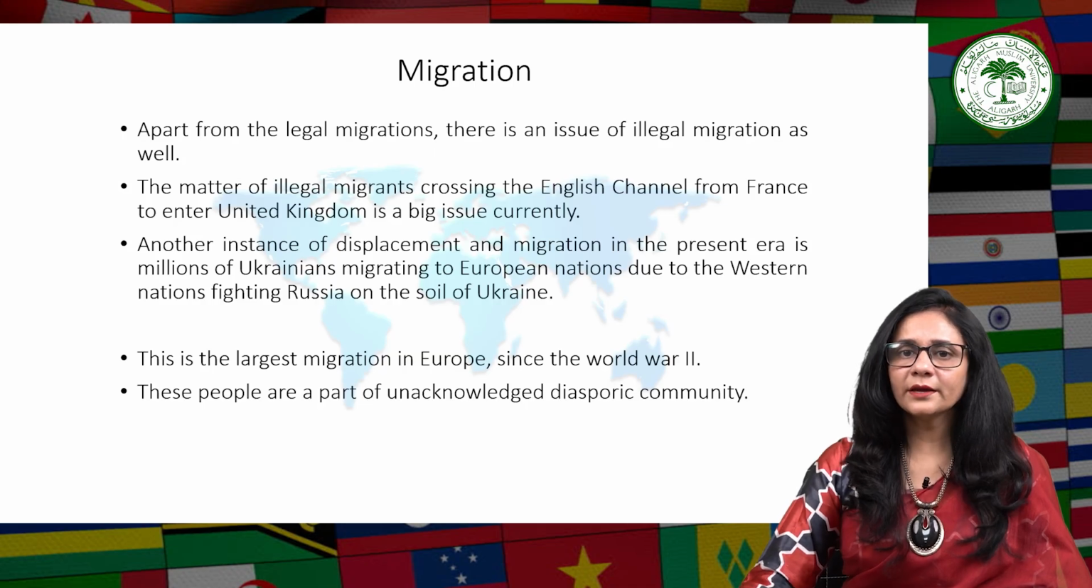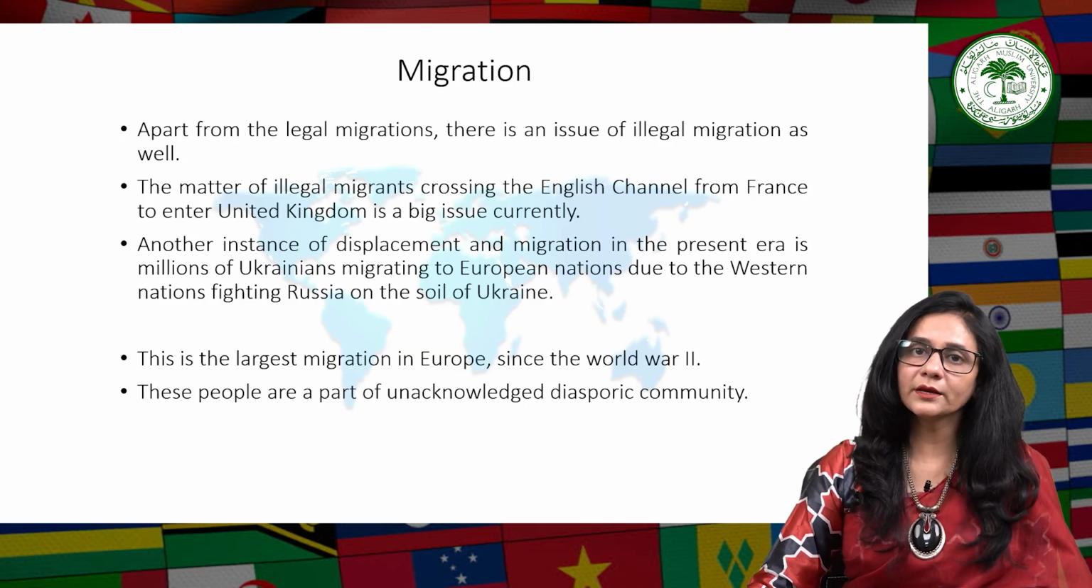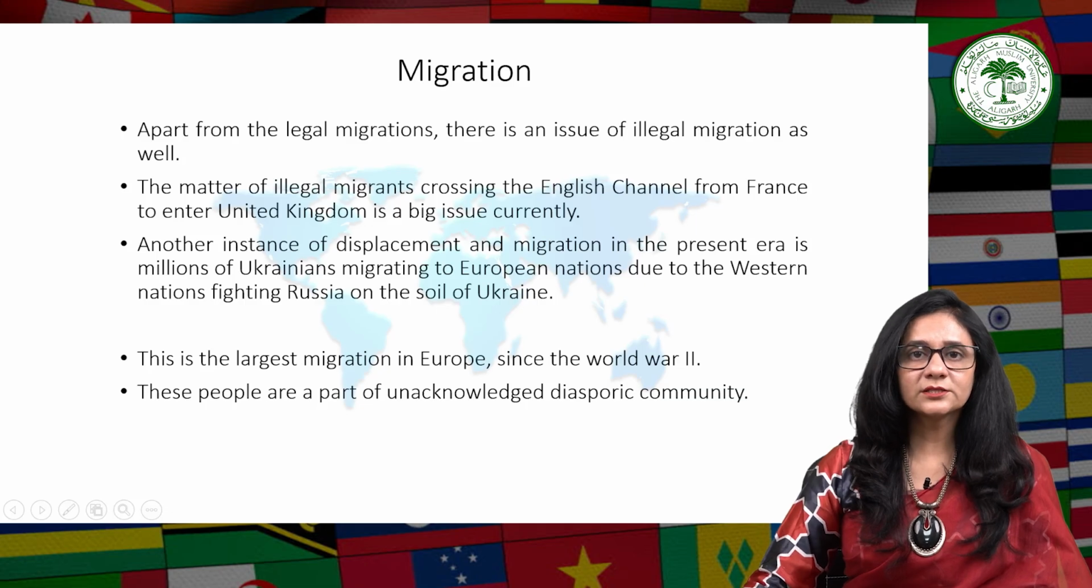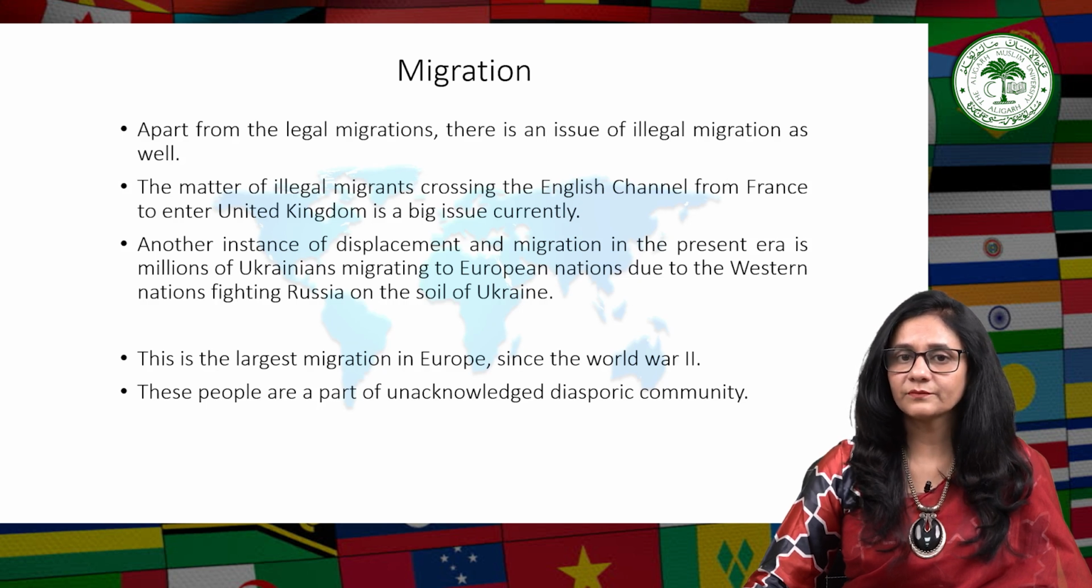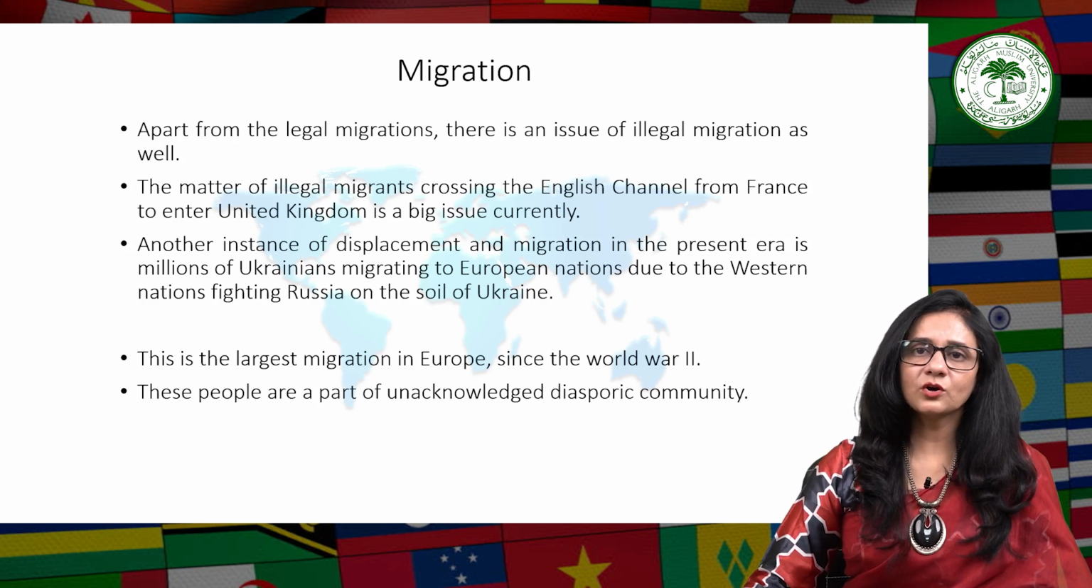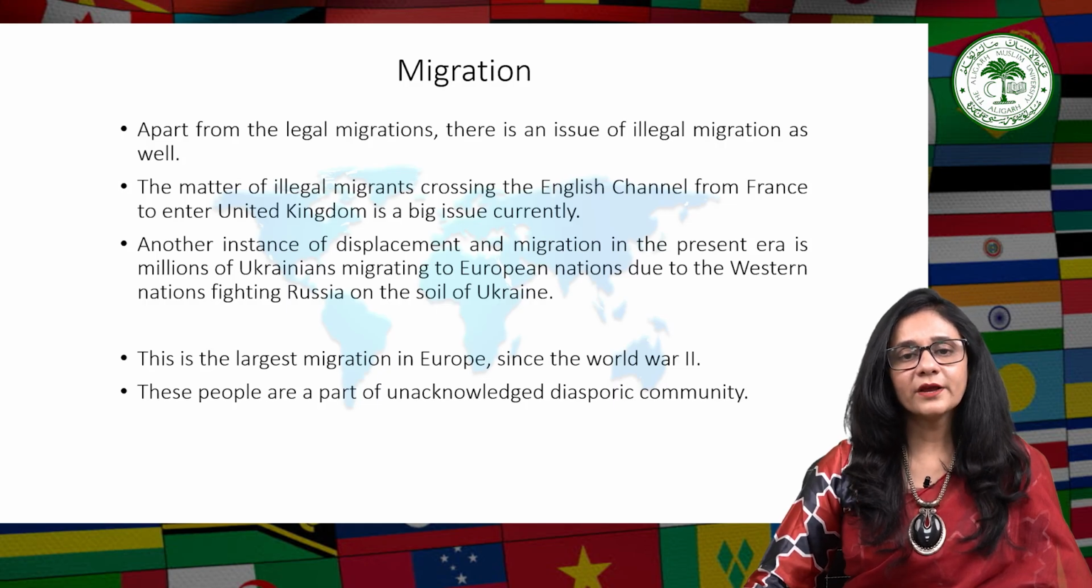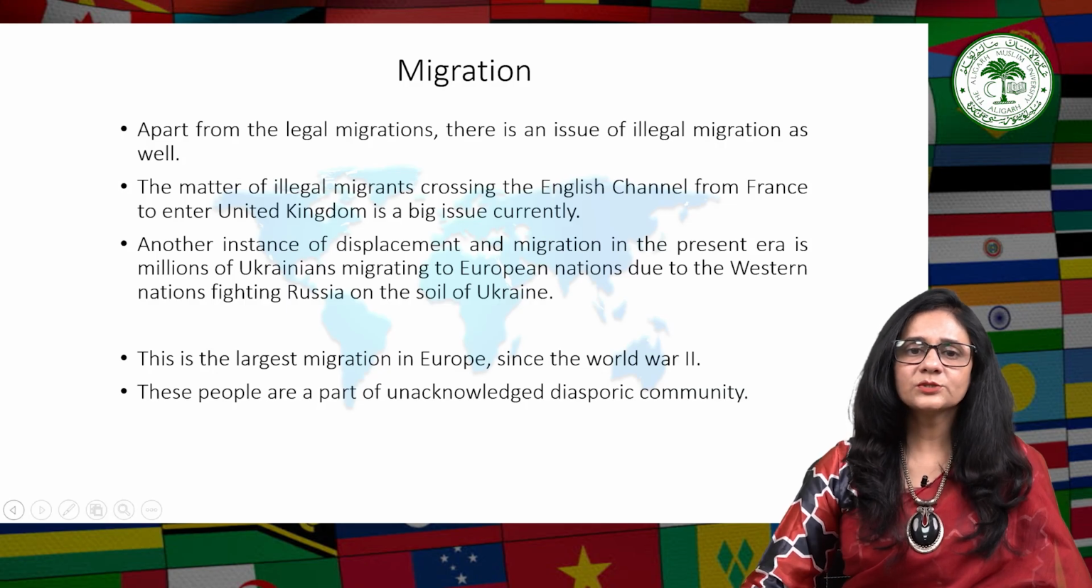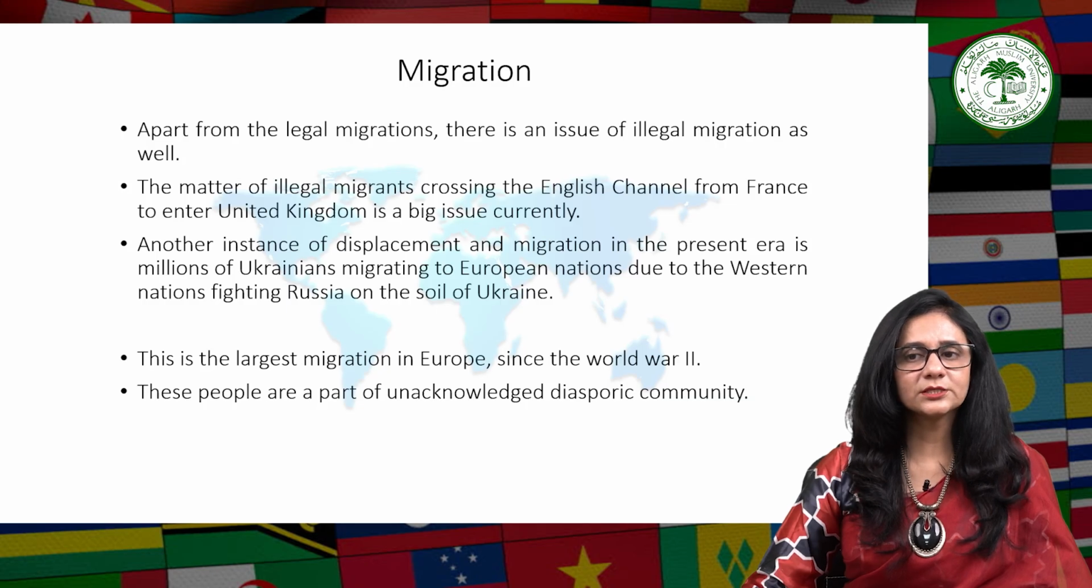Apart from the legal migrations, there is an issue of illegal migration as well. There are various reasons behind illegal migrations. One such reason is war. Due to the wars, millions of people get displaced. Thus, they try to migrate in search of safer and better lives. The matter of illegal migrants crossing the English Channel from France to enter United Kingdom is a big issue currently. These people are a part of unacknowledged diasporic community which is present in almost all parts of the developed world